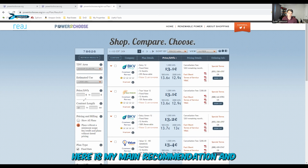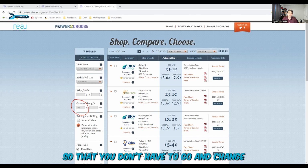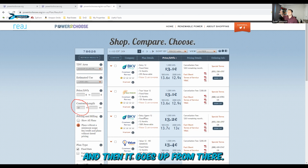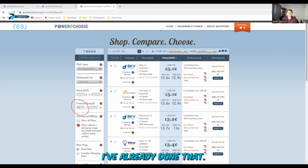Here is my main recommendation. Make the contract length a minimum of 12 months. That's going to make it so that you don't have to go and change your electric company every couple of months. I believe they typically do a 3-month, a 9-month, a 12-month, and then it goes up from there. Plan 12 months is kind of the sweet spot, especially if this is your first time getting electric out here. So adjust it to 12 months. I've already done that. And then you're going to see this long list of companies here,